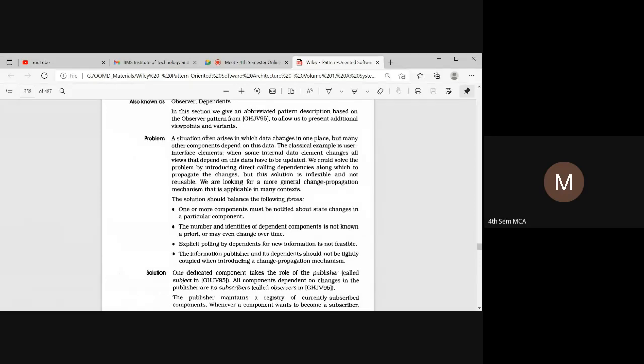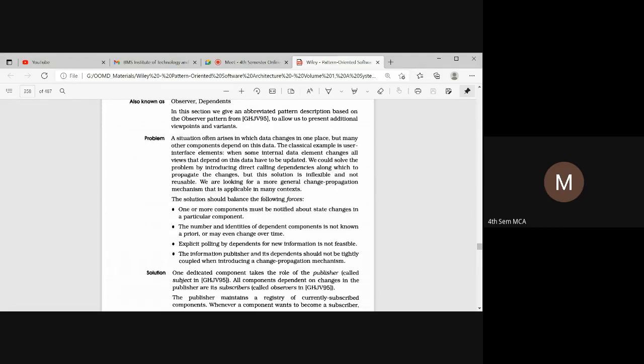If any data changes happen within a component, through the internal changes we need to identify what dependent components there are, and how the dependent components have to be updated.